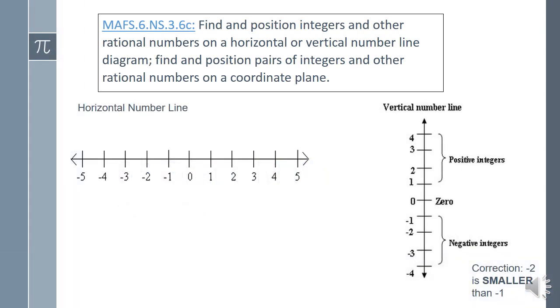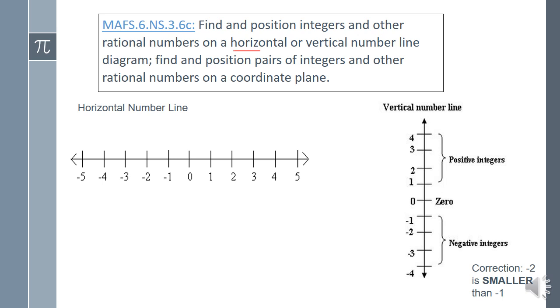Okay, so today's standard is MAFS.6.NS.3.6C, and it states: find and position integers and other rational numbers on a horizontal or vertical number line diagram. Find and position pairs of integers and other rational numbers on a coordinate plane. So just a reminder, when we're talking about a